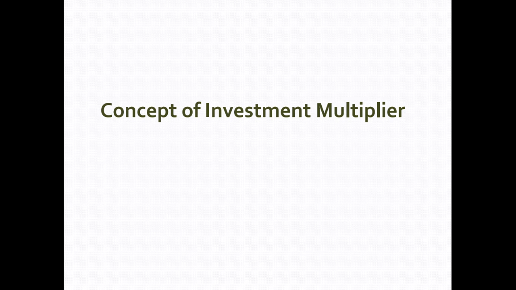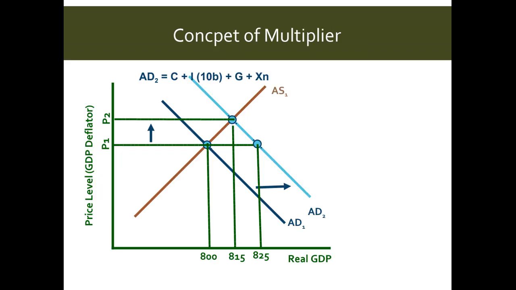Hello. In this very short video, I'm going to explain the concept of investment multiplier. Before explaining what we mean by investment multiplier, let me show you this diagram, which is the aggregate demand and aggregate supply model without the long run aggregate supply curve. So we have aggregate demand AD1 and AS1, and the equilibrium real GDP is, let's say,